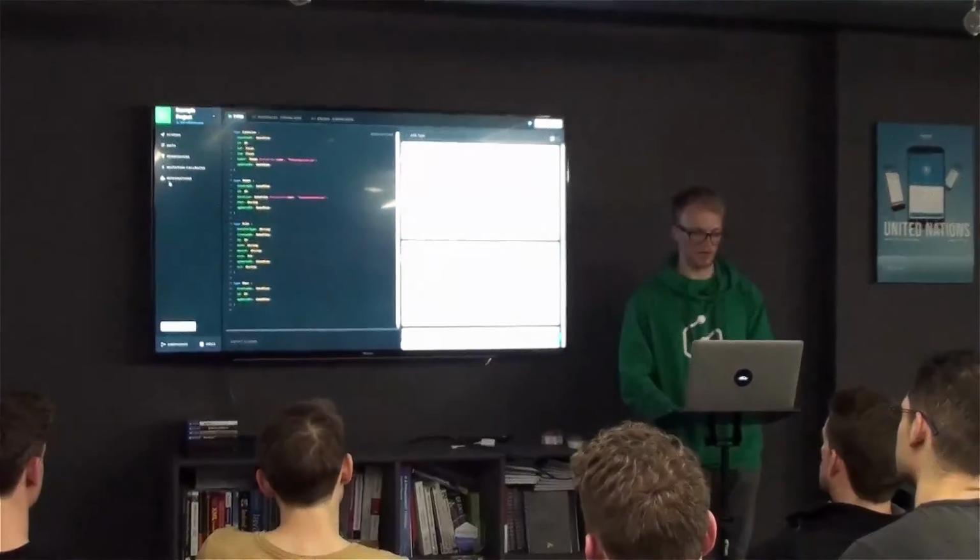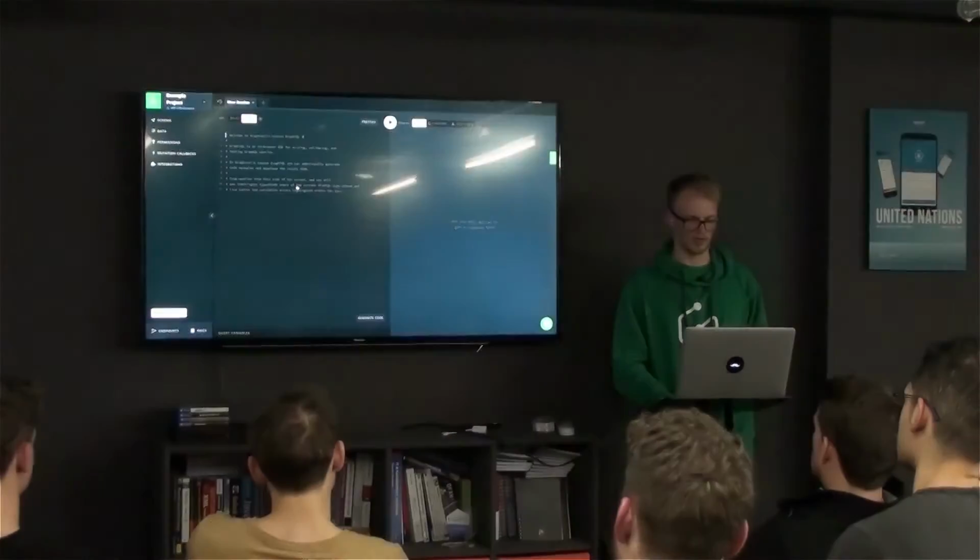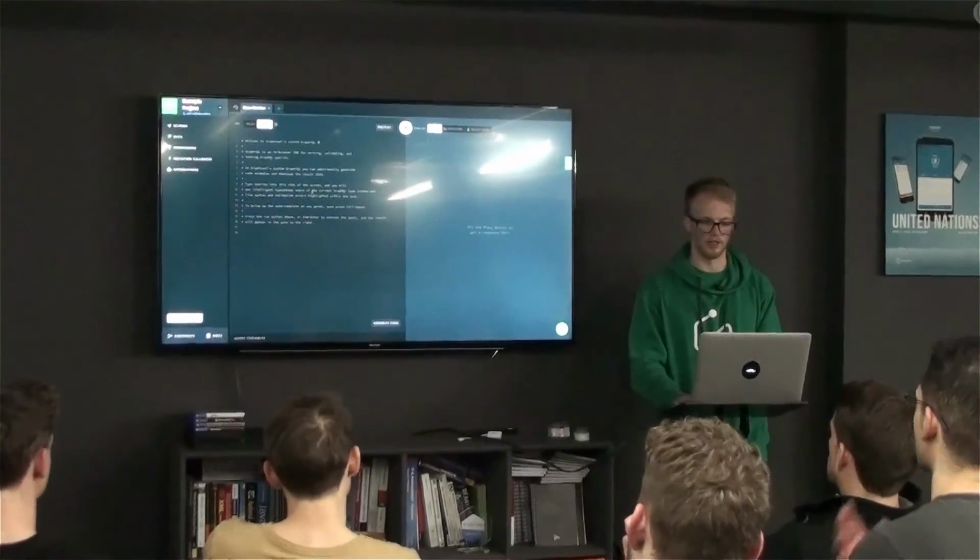So we need a location type. And a location has a latitude, which is a float, and a longitude, which is a float, and then we create a relation between these, so that every tweet always has a location. And what we now have out of the box is a fully fledged GraphQL API.